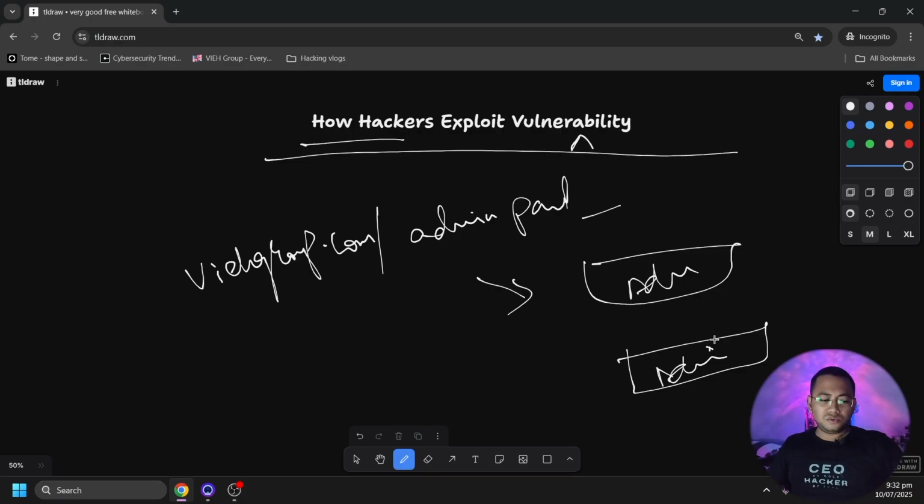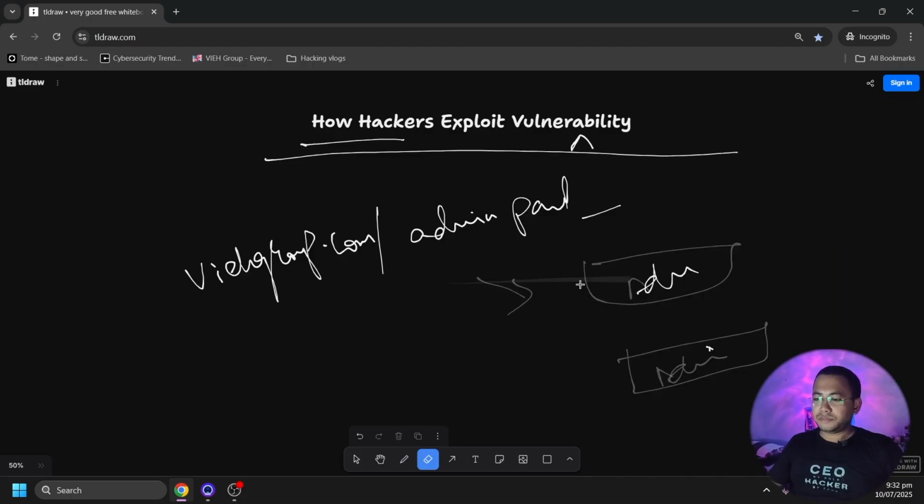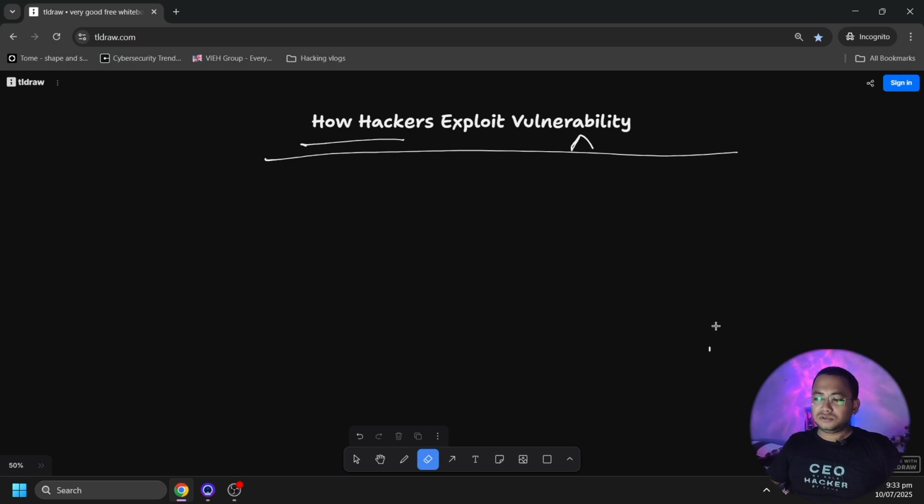Admin is very common. No one is using it right now, but there might be some careless developers who are. So just keep in mind that this might occur. This is called misconfiguration, like an admin panel getting exposed without protection. So these are things which can be done.